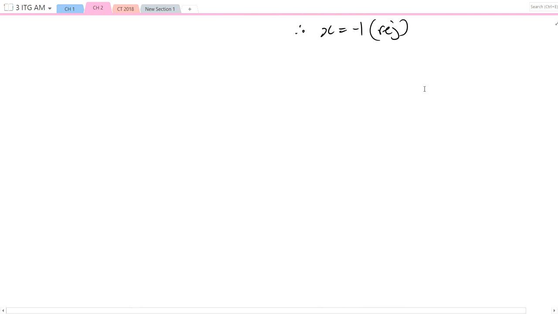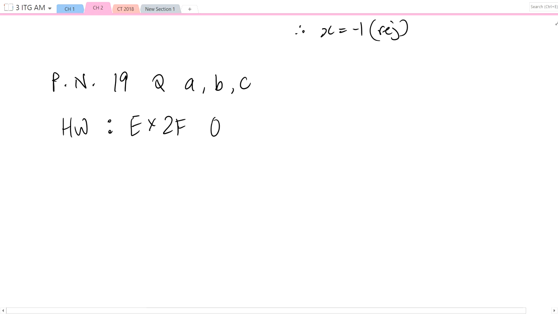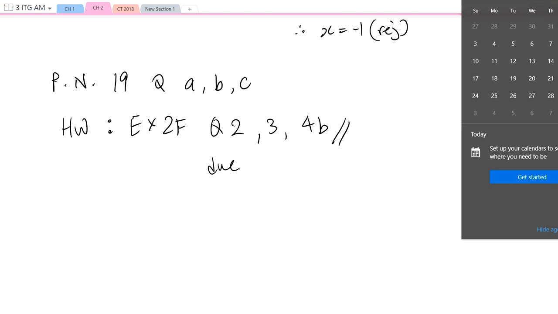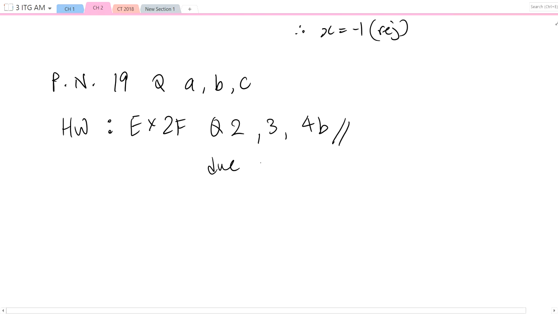So this is the end of the lesson. Please use the remaining time to do practice now 19, question A, B, and C. Your homework questions are from exercise 2F, question 2, 3, and 4B. This is due the next day, which is 26